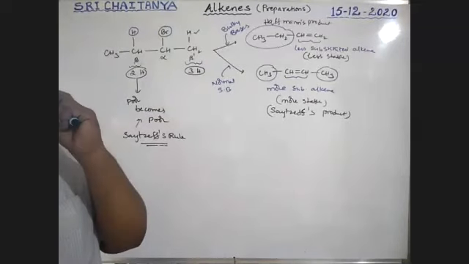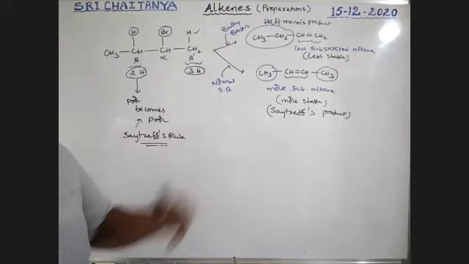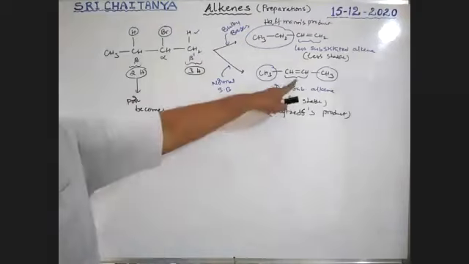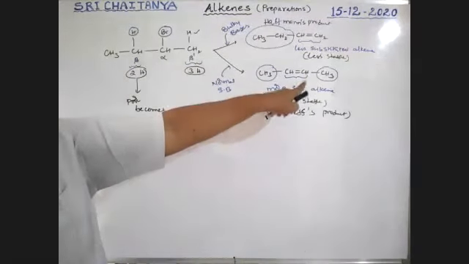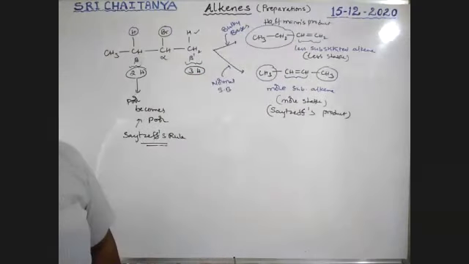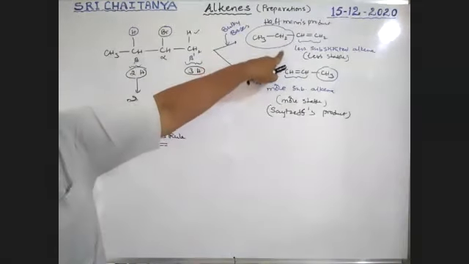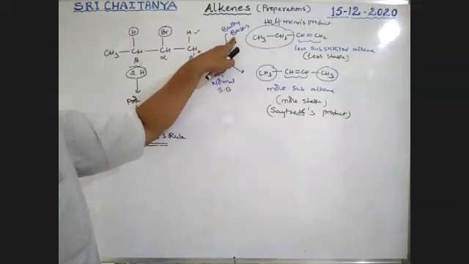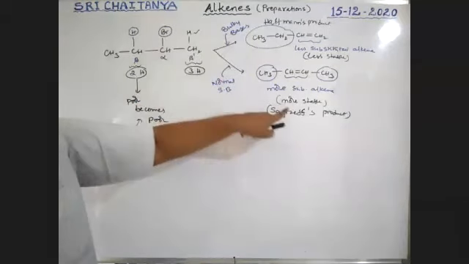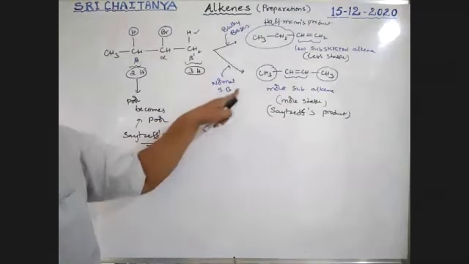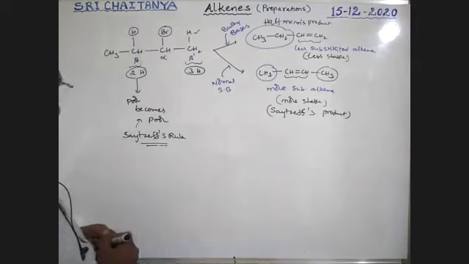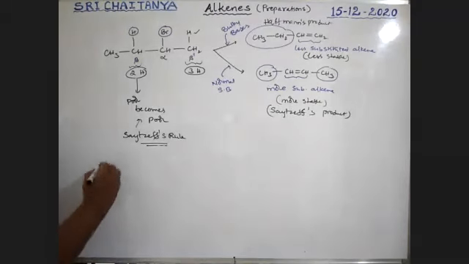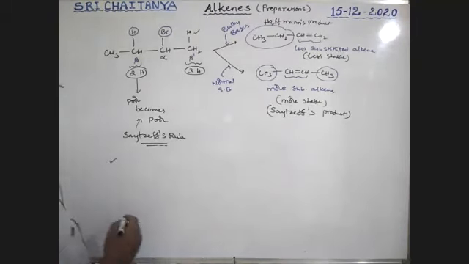This is about regioselectivity, boys. Very, very important. Where is the double bond formed? Is that double bond more substituted or less substituted? So the Saytzeff product is the more substituted product. The Hofmann product is the less substituted product. The Hofmann product predominates if bulky bases are used. The Saytzeff product predominates if normal strong bases are used. Next, one more point, please note this also.